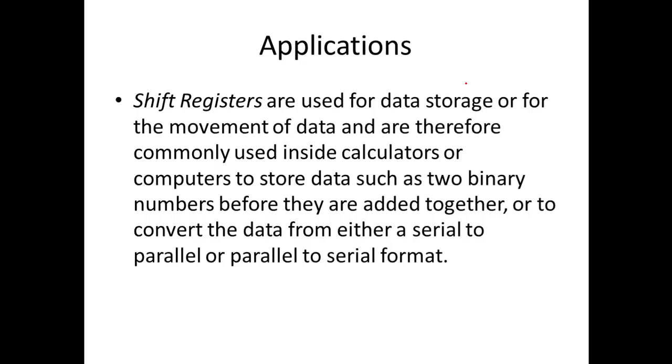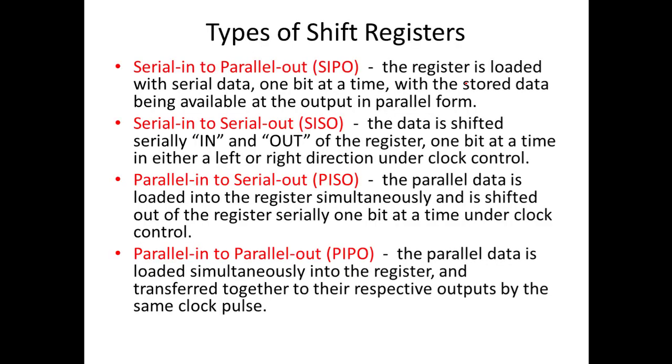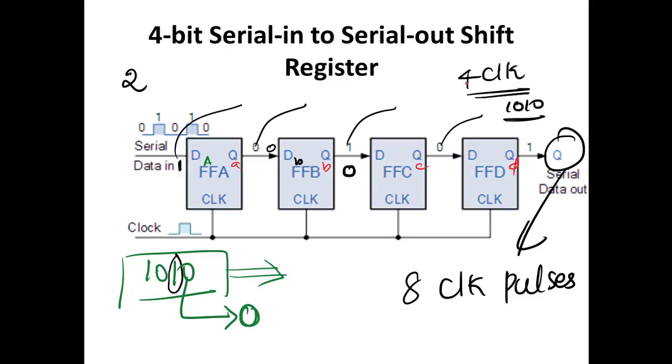And in computers we need data in terms of binary, right? Either zeros and ones we will be saving the data, and in the same way we will process the data in terms of binary. For example, if you want to add or subtract, all that we need is to store the data in binary form, zeros and ones, by using your registers. So these are the general applications. And I discussed these types of shift registers already: SIPO, SISO, PISO and PIPO shift registers.